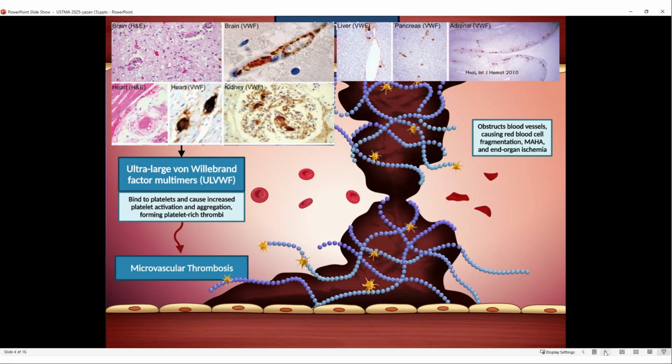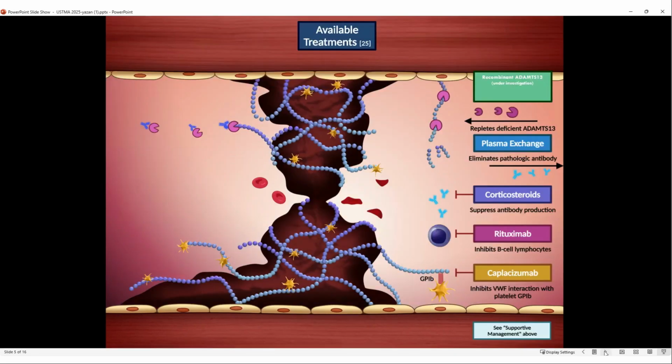Now, knowing this pathophysiology in mind helps us understand what we need to do to treat this disease. So here you can see the different ways that the therapeutics are effective. The standard of care includes plasma exchange, which repletes deficient ADAMTS13 and also eliminates the pathologic antibody, corticosteroids, which suppress